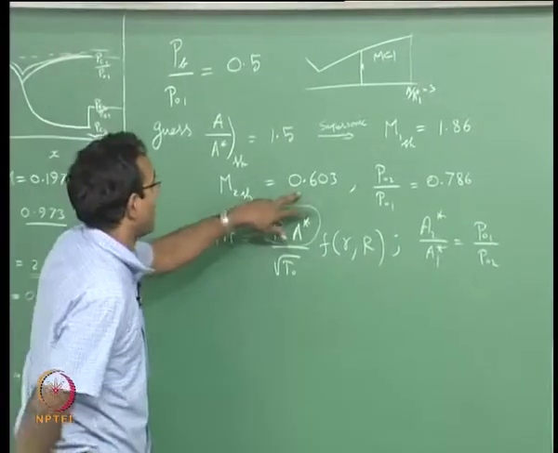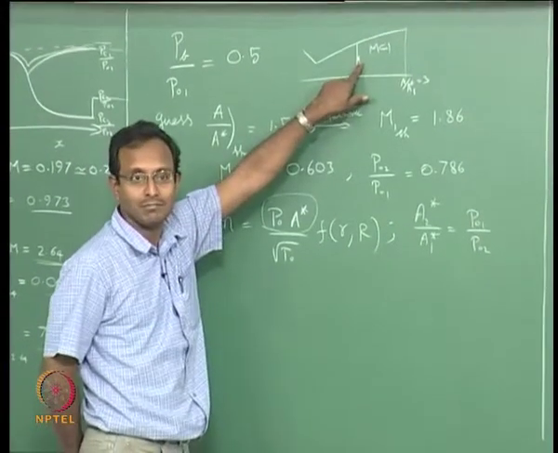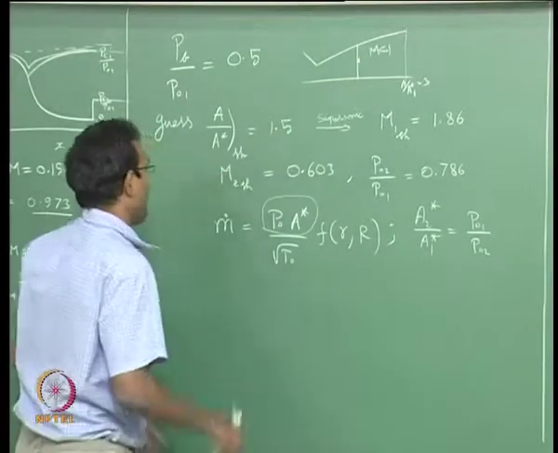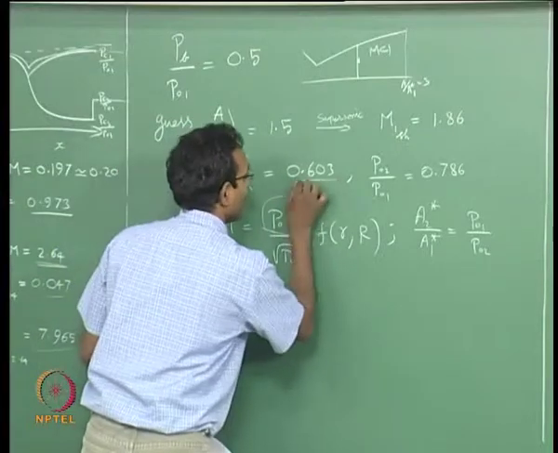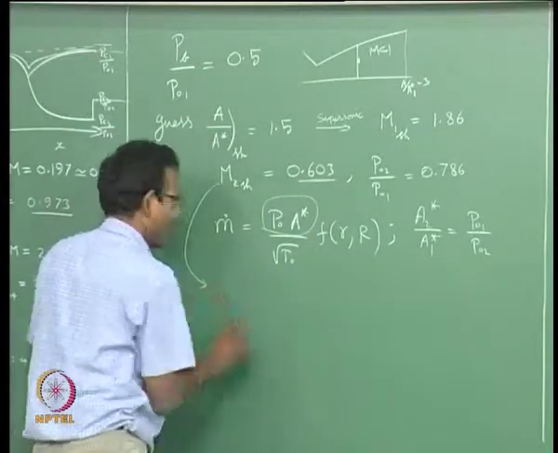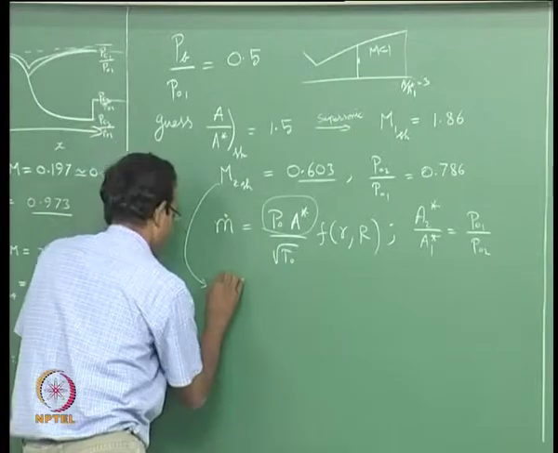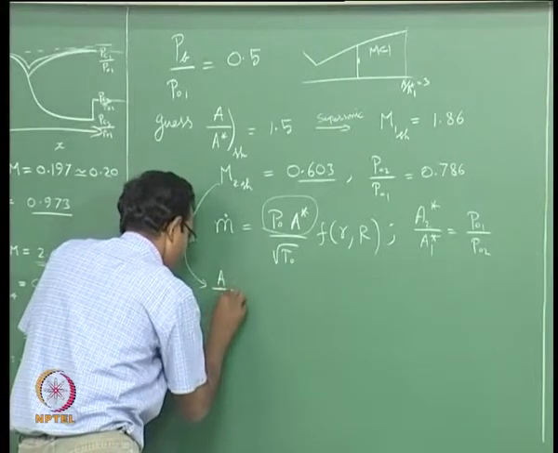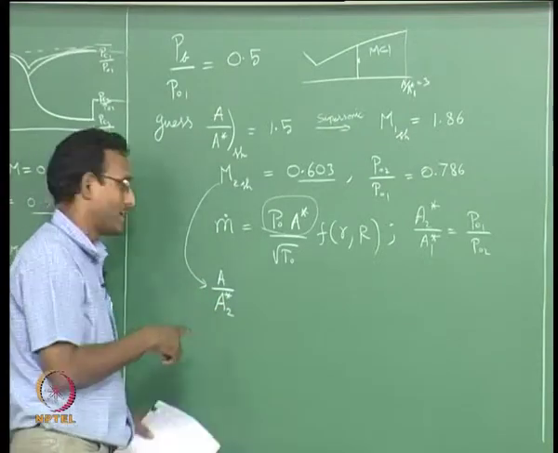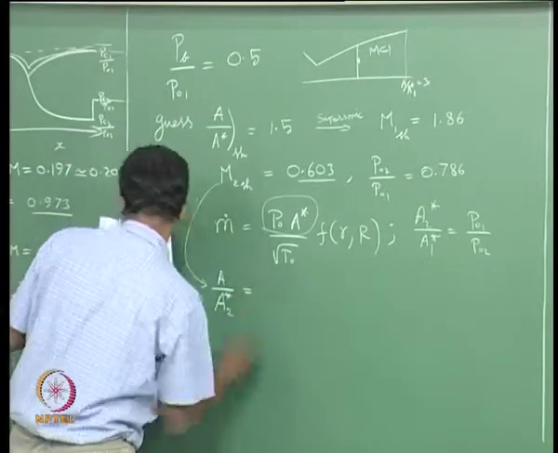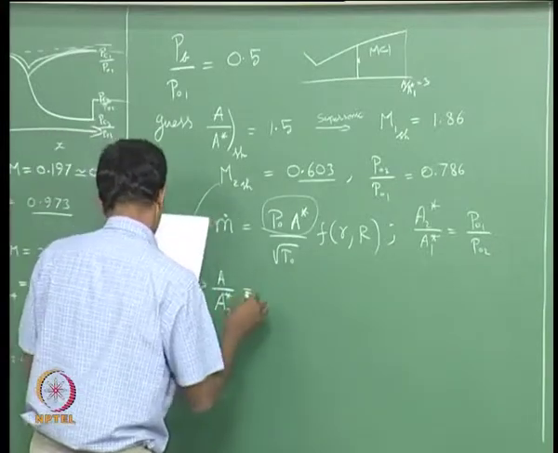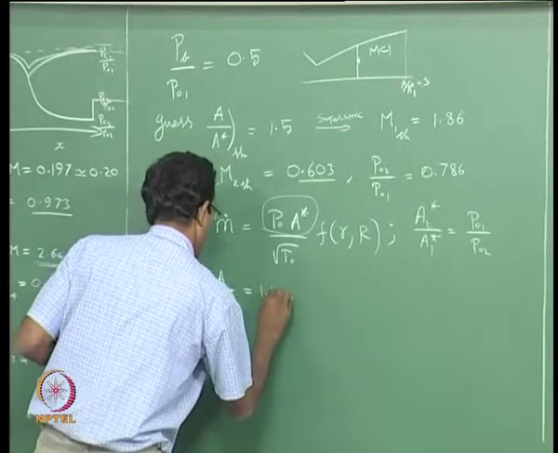I know my Mach number at that section. Okay? Once I know the Mach number at this section, I can go and find A by A star corresponding to this value. I will go do that. From here I go to isentropic tables and I will find A by A star. Now I will call it A star 2 because this won't match your previous A by A star. If I find this number, that number happens to be 1.188.